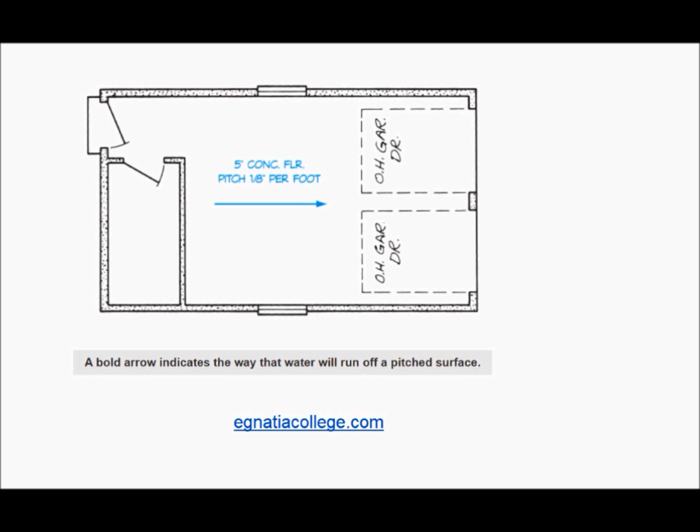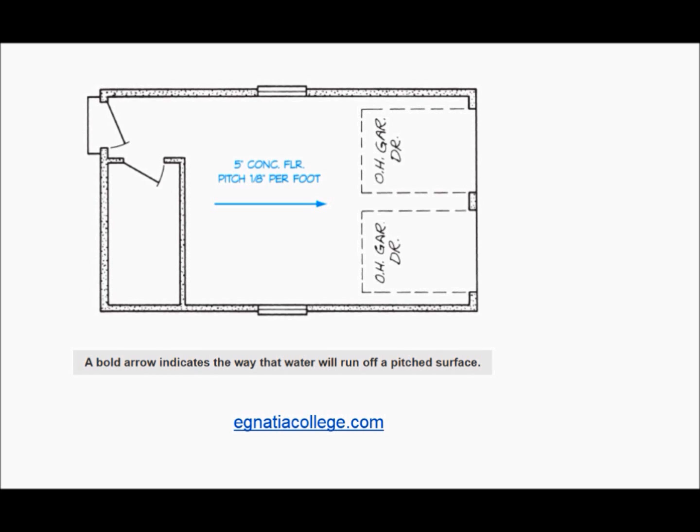When there is any possibility of confusion about which way the slab is to be pitched, bold arrows are drawn to show the direction in which the water will run. When floor drains or forms are set for pitched floors, it is necessary to find the total pitch of the slab. This is done by multiplying the pitch per foot by the number of feet over which the slab is